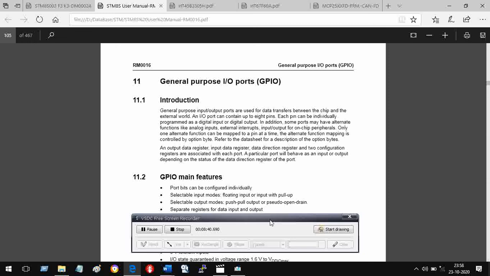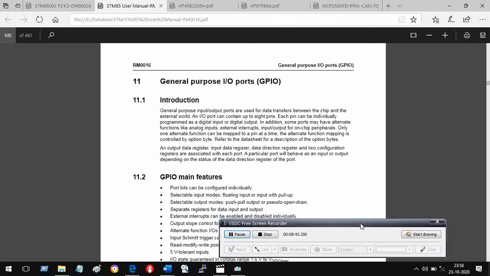So the most important thing about this GPIO is that port bits can be configured individually. What does it mean? Restricting ourselves only to the IO function, any pin of any port can be made either input or output. Input means it can gather one bit of information from the external world and draw it inside the microcontroller.